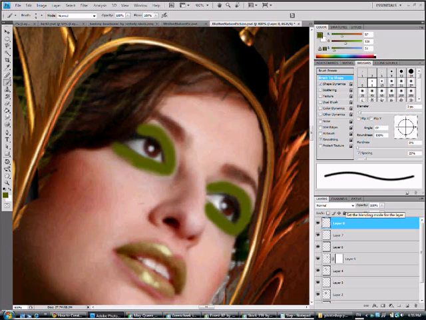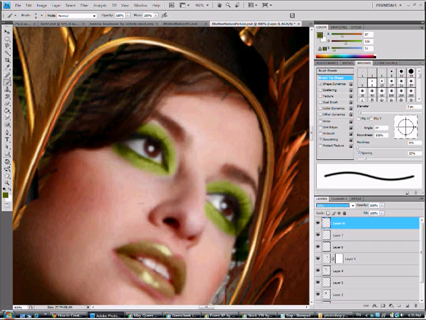And then set the blend mode to color and opacity set to 50%.